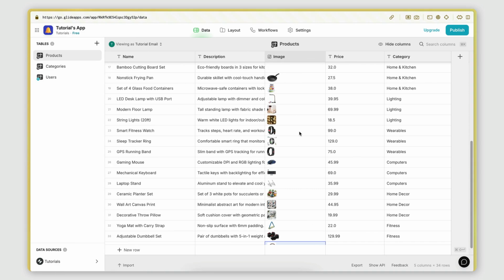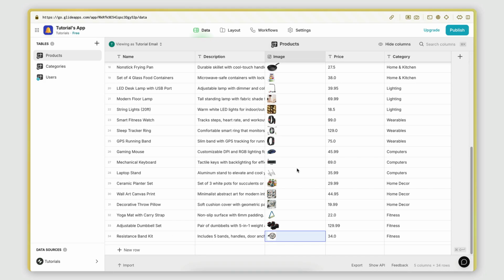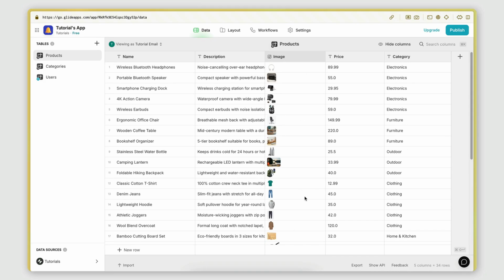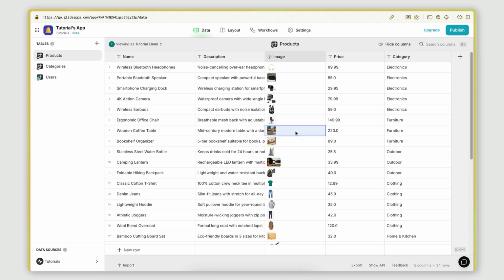All right, so I'm back. I went ahead and generated some sample products using ChatGPT, and then I found an image on Google for each one of them. Each product belongs to a category, right? So you can see the categories here. And also what I want to do,